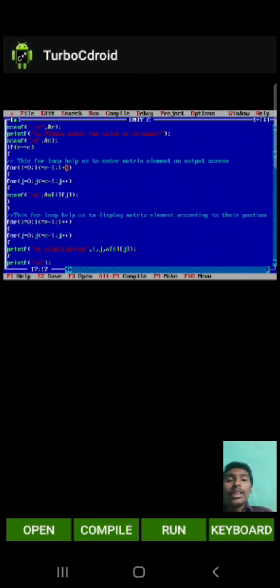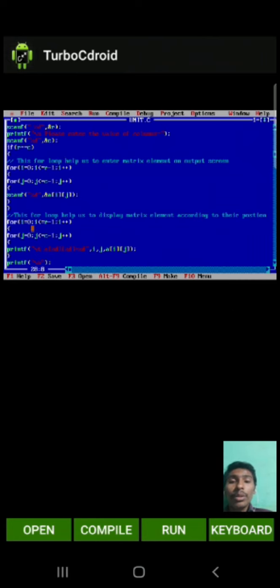The i variable is increased by 1, i is equal to 1, 1 is less than or equal to 1, it is true. And again the control of the computer goes towards the inner for loop, and again the process takes place as I told you before, and increment of i takes place, and i is equal to 2, 2 is less than or equal to 1, it's false. Then the control of the computer goes towards the next for loop.